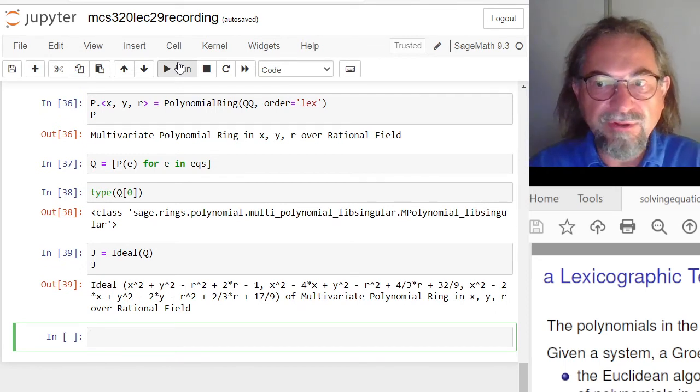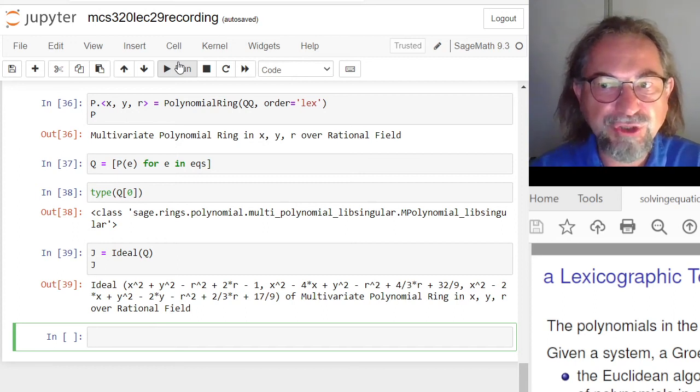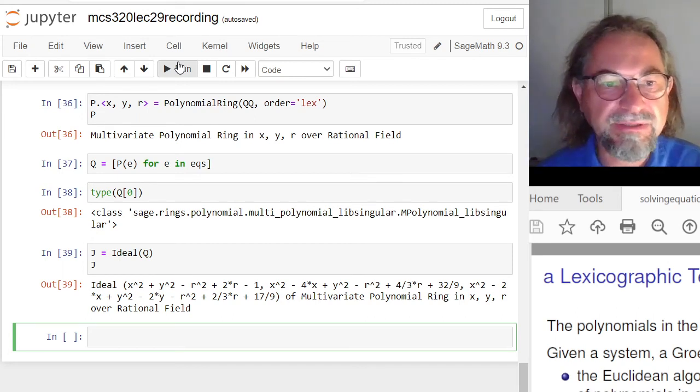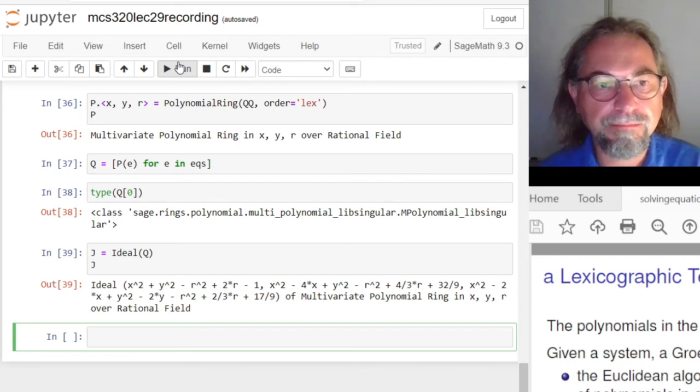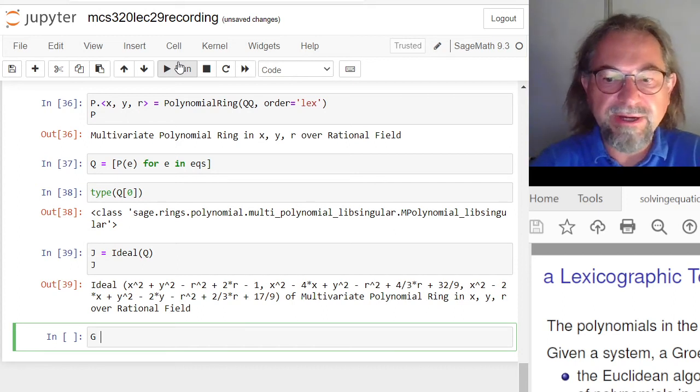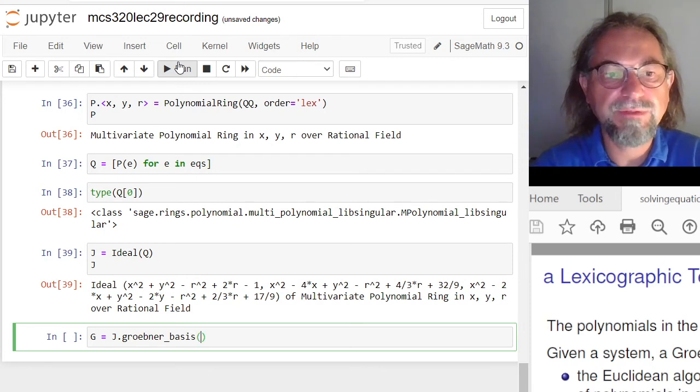I use J, not capital I, so as not to confuse with the imaginary unit, which may still pop up, though it will not pop up in this application. But if you solve polynomials over the complex numbers, then the I pops up. We are almost there, so I will ask now for a Groebner basis of the ideal,